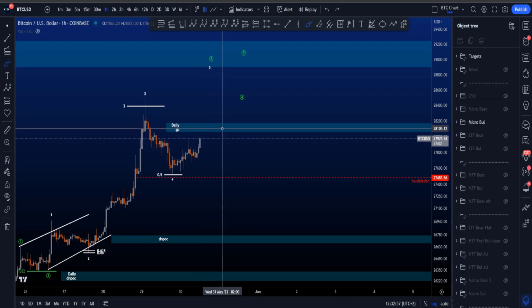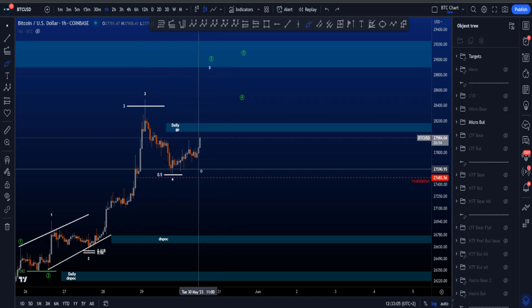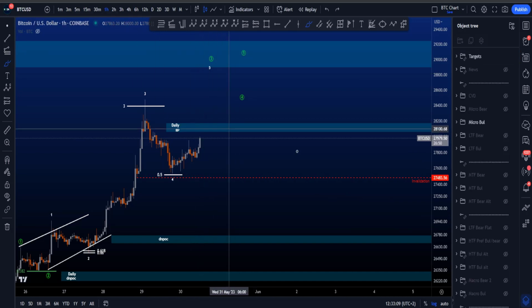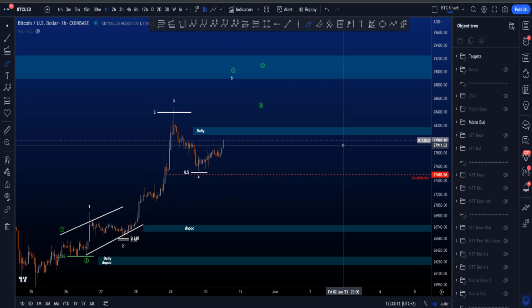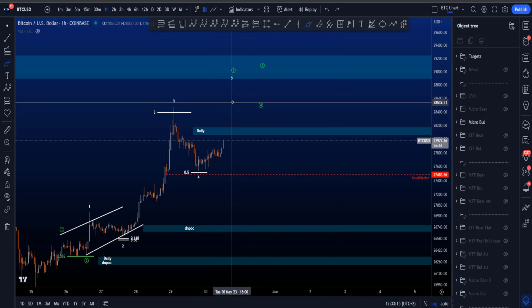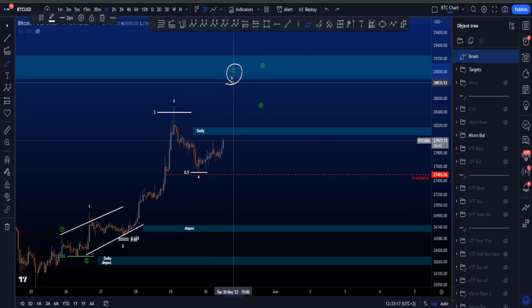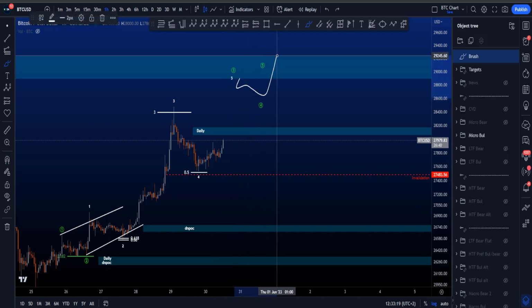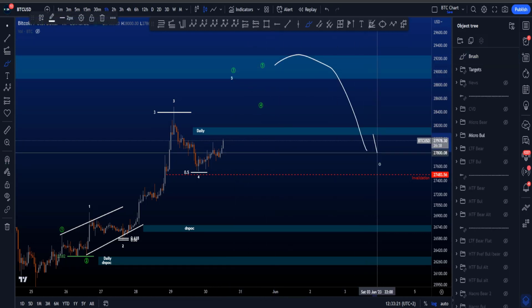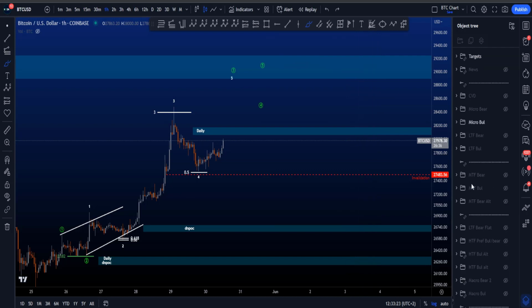here, yeah, then I might be interested in seeing some proof of resistance, for example, you know, depending on my personal strategy that I have developed. And then you have to decide for yourself what you are, of course, going to do around this area and with the plans that you have and the strategy you have, because of course there's no financial advice. But if price is continuing to push to the upside, then eventually I will be looking for that wave 3, then a wave 4 and a wave 5, after which then I would prefer to see a continuation to the